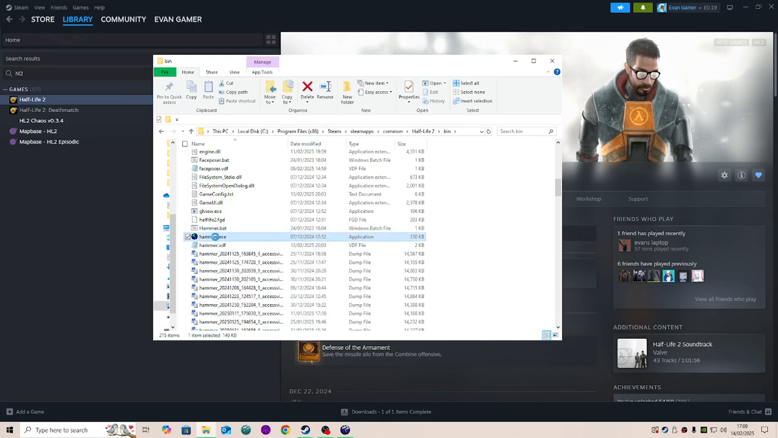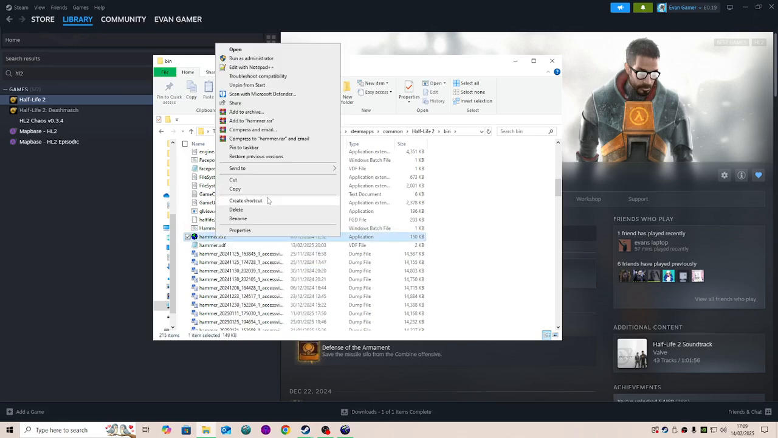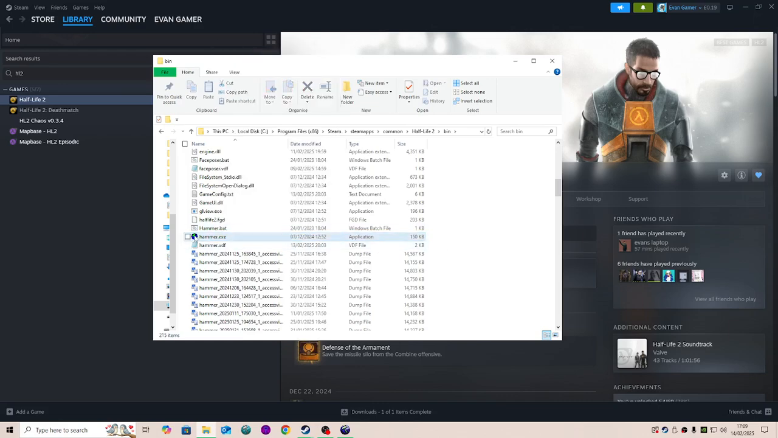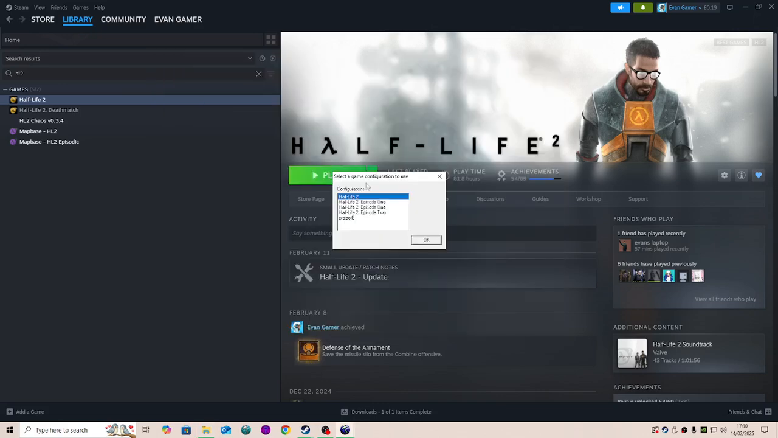Now, I recommend creating a shortcut. Create a good old shortcut. Let's open up Hammer. Now something like this will open,